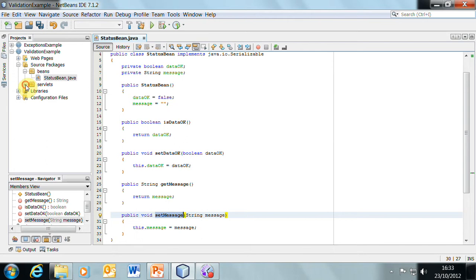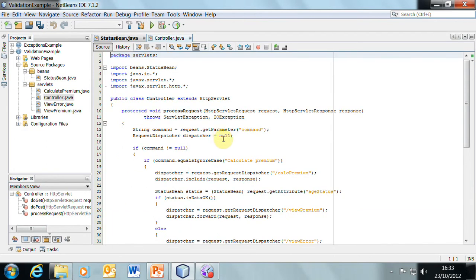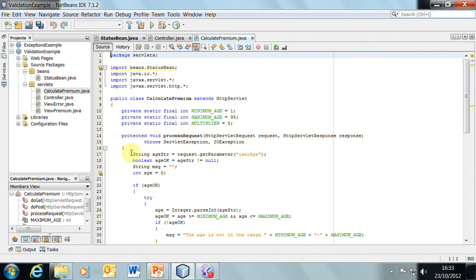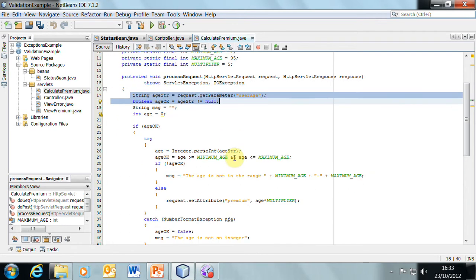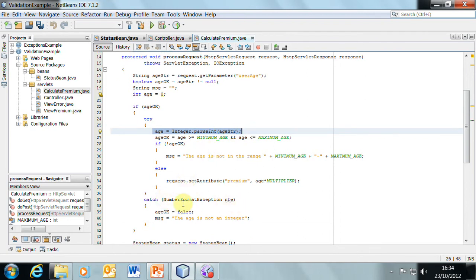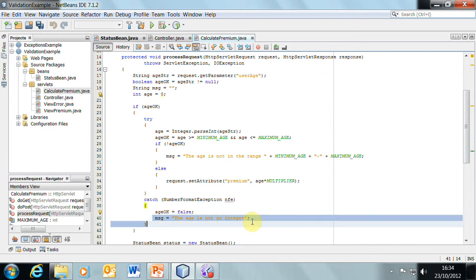Now in the servlets, the controller is going to have a slightly different approach. It's going to dispatch to the model as before. So let's take a look at what the model does. It's going to get the parameter. It's going to do the same stuff as before, parse it, and if a number format exception is thrown, this time it's going to set its local variable ageOK to false and its local message variable to "the age is not an integer". So it's essentially exactly the same message, exactly the same processing, except that having done that catch,